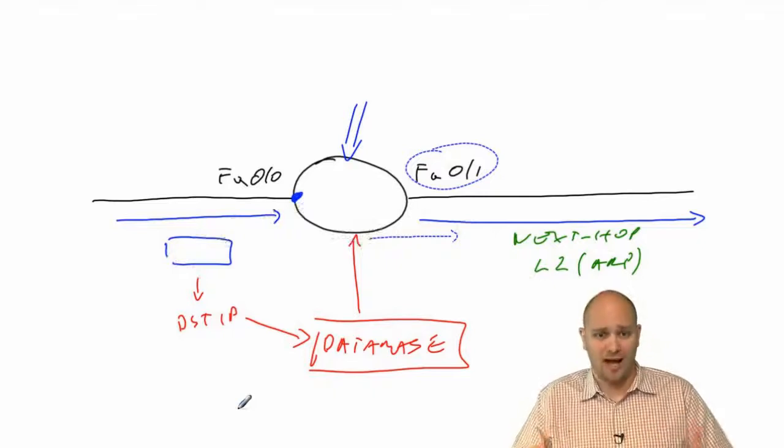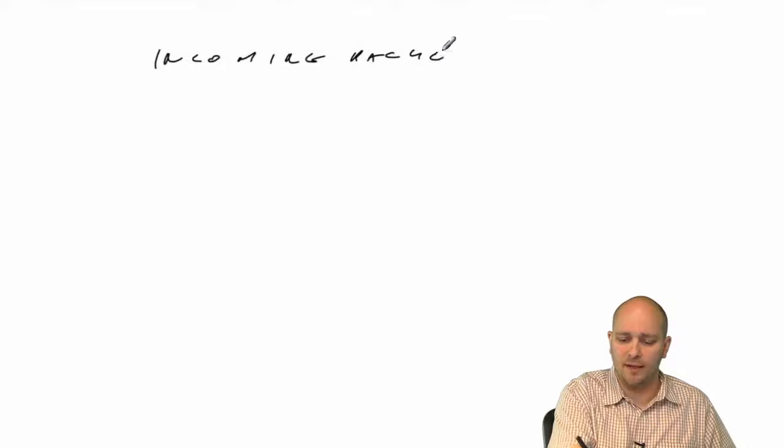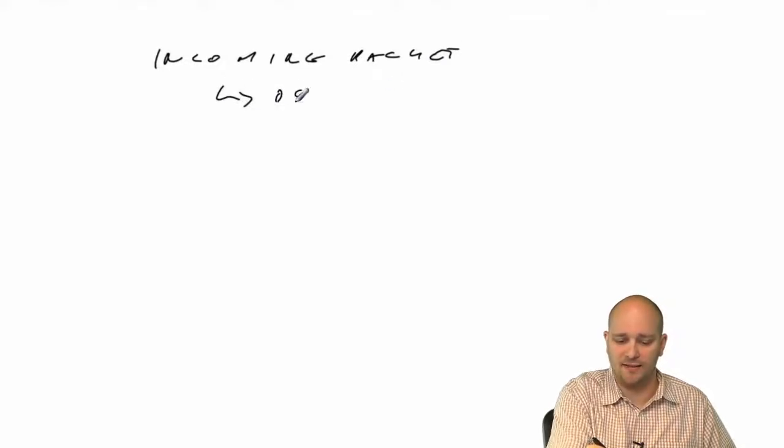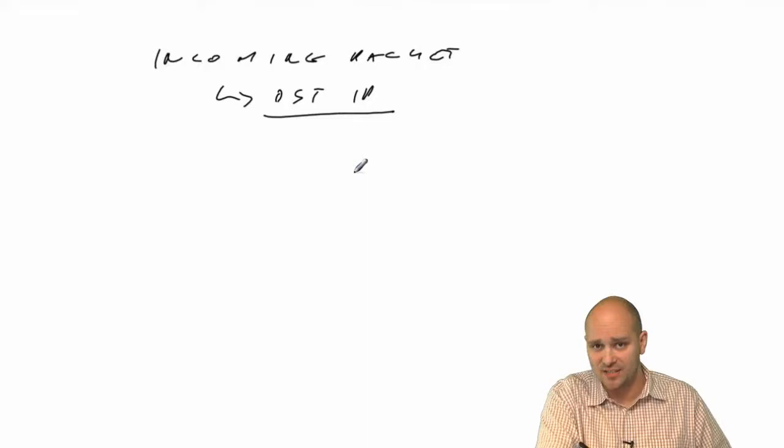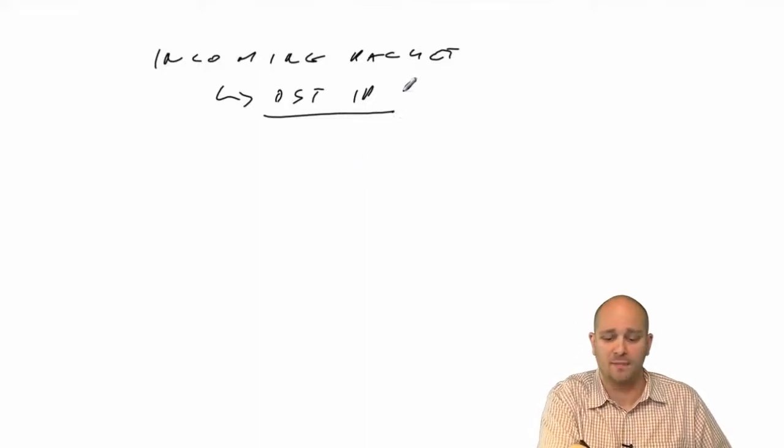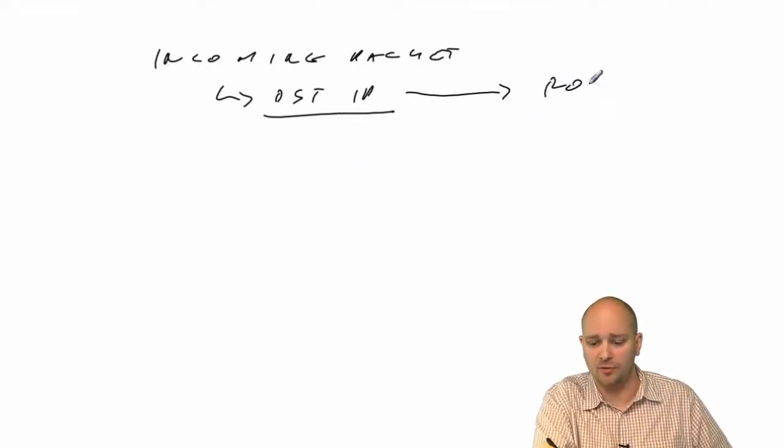Now, all these processes need to happen for pretty much every single packet that goes through. So in traditional IP routing, this process was relatively slow. Now, I should maybe put slow in air quotes here, because what is slow or what is fast? But I should say this process used to be very inefficient. Take a look at this. So we have an incoming packet. This incoming packet, we needed to take a look at the destination IP address, so we needed to extract that information from that packet. We needed to perform the lookup in the routing table